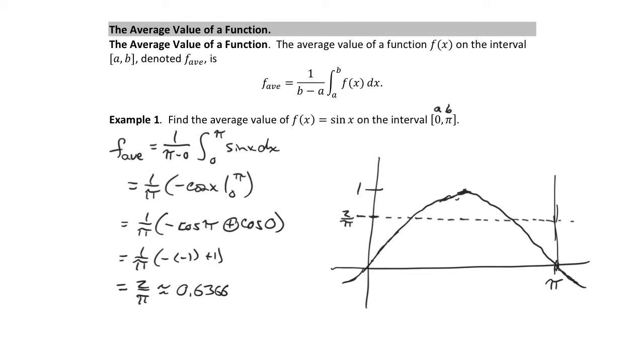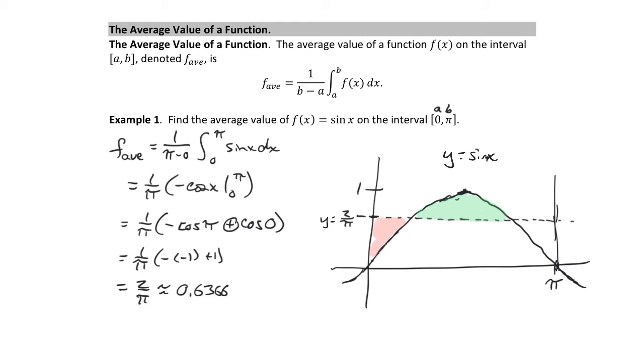Here I have graphed y equals the sine of x on the interval from 0 to pi. I've also graphed the line y equals 2 over pi, which is the average value of the function. Here's the way I like to think about the average value. The average value is the height of the horizontal line where, when we take the region above the horizontal line, bounded by the horizontal line and the function, and then we take the region bounded below that horizontal line and the function,